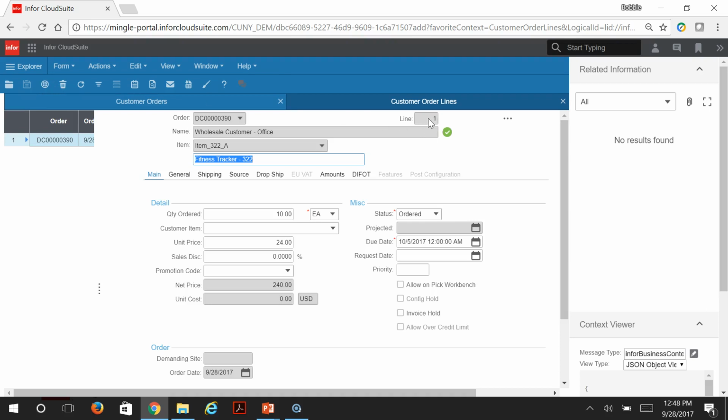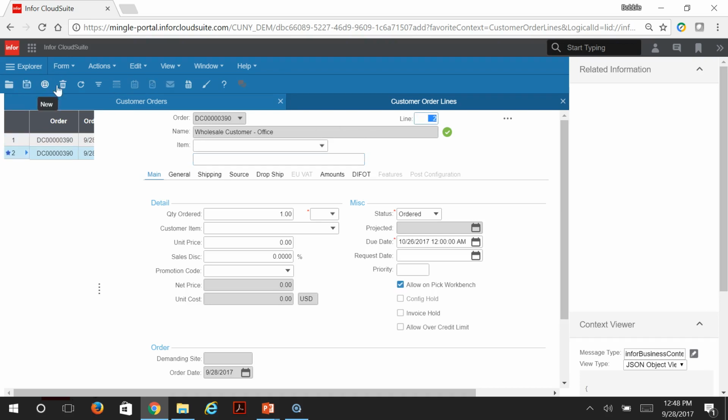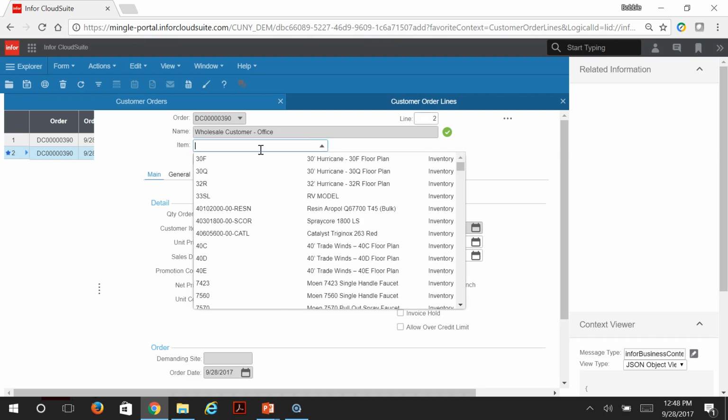Notice that it already has line 1, our first item. We also want line 2, so we're going to click New, and that will change our line item and increase it by 1 to line item 2. And again, we need the same item, and so we'll use the wildcard